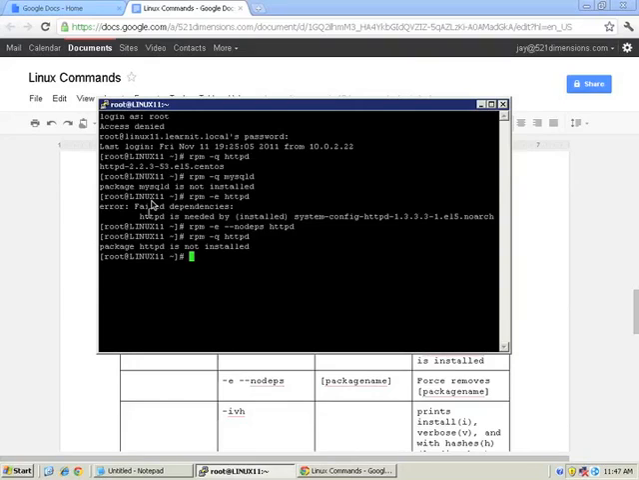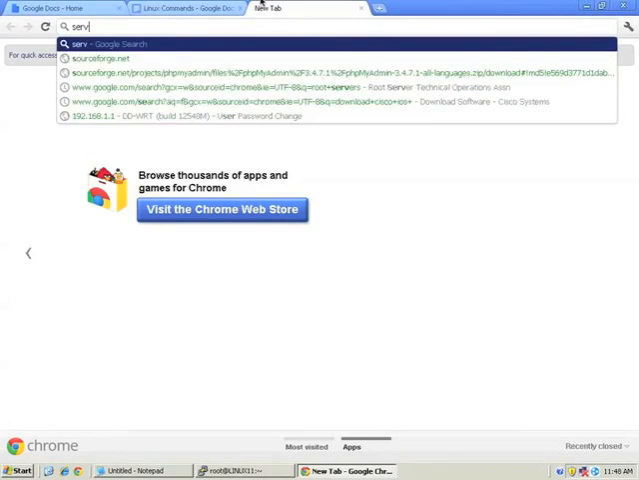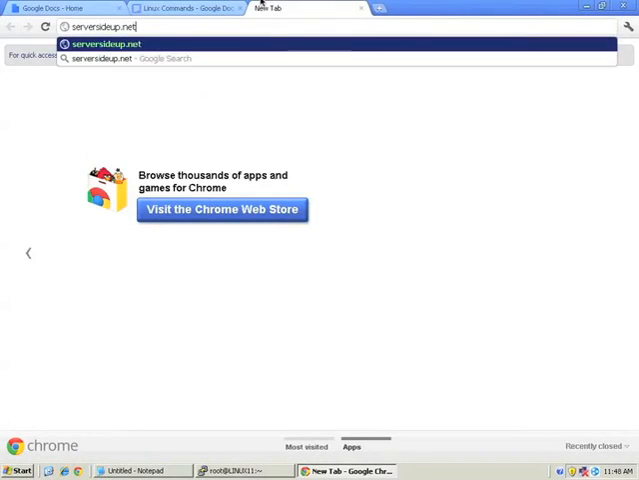So now what we can do is go ahead and add our repos. Now go ahead and pull up serversideup.net,